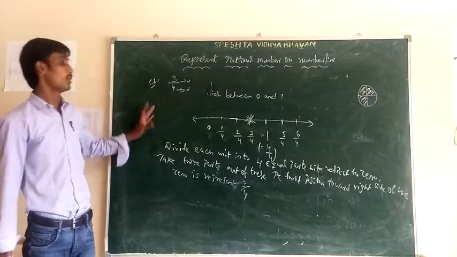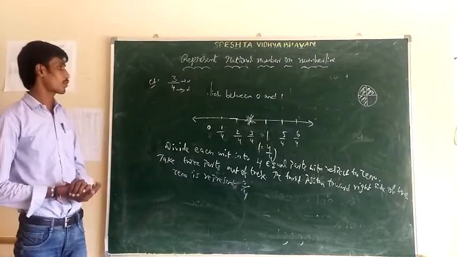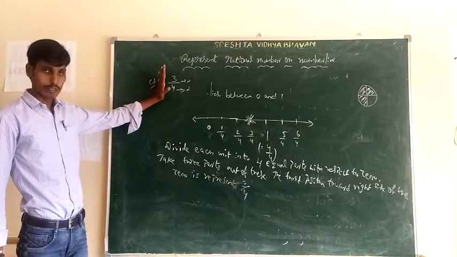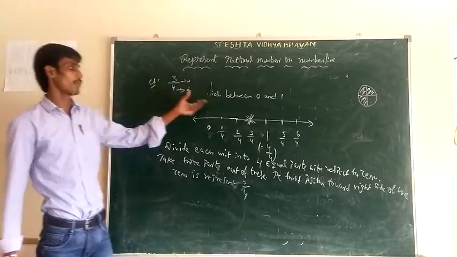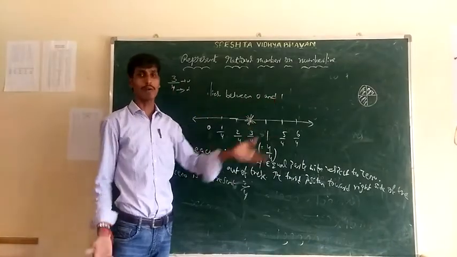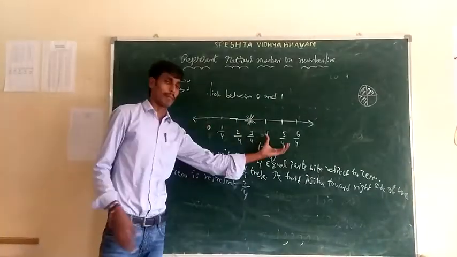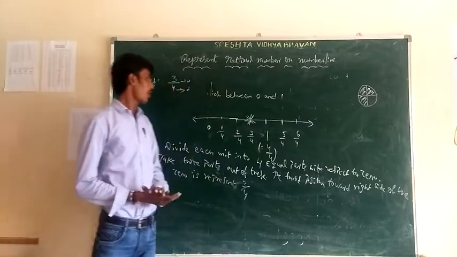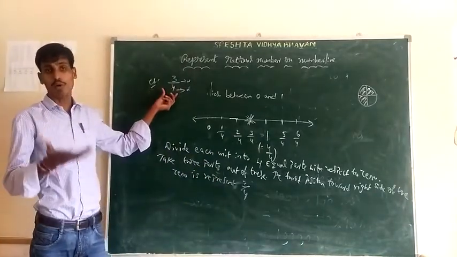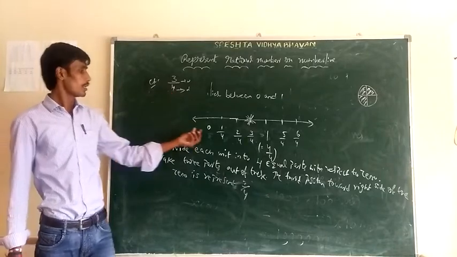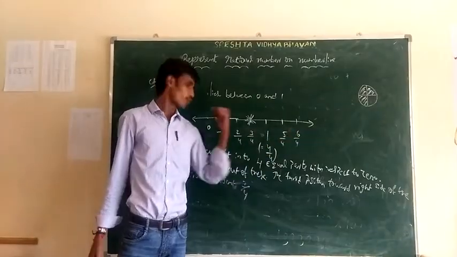This is about rational number represented on a number line. So what are the steps we followed? Here the rational number will be proper fraction. That means proper, it must lie between 0 and 1. Why? Because proper fraction is always less than 1. Okay. So after take the number line and make it integers. So after that, here denominator indicates the total number of parts we divided. Here denominator is 4. That means each part divided with 4.